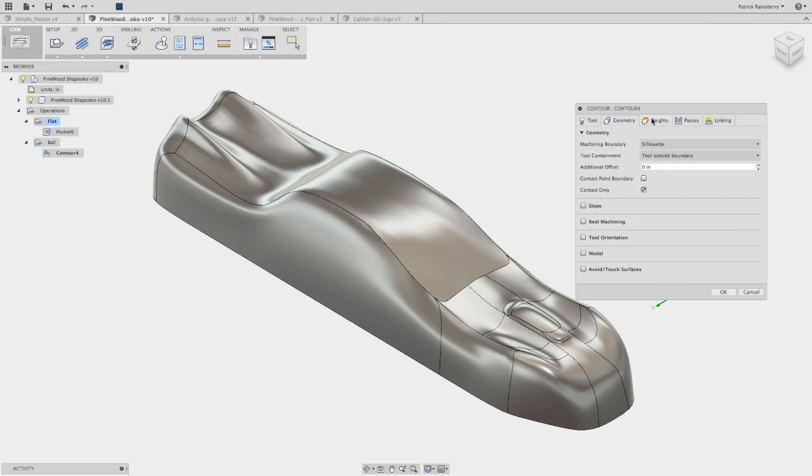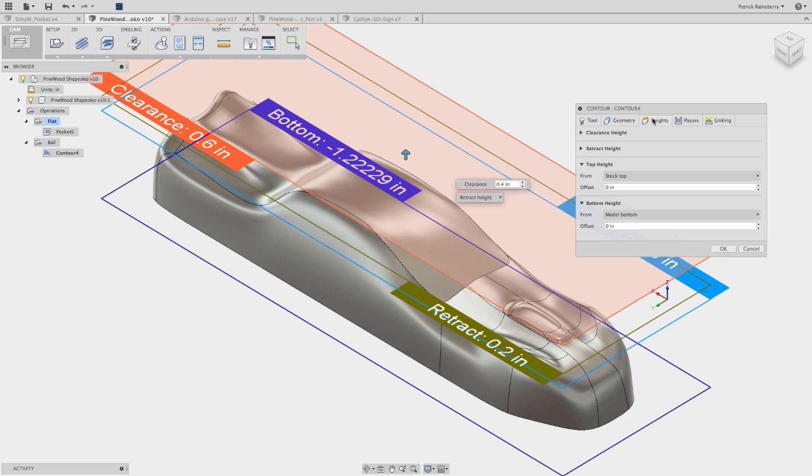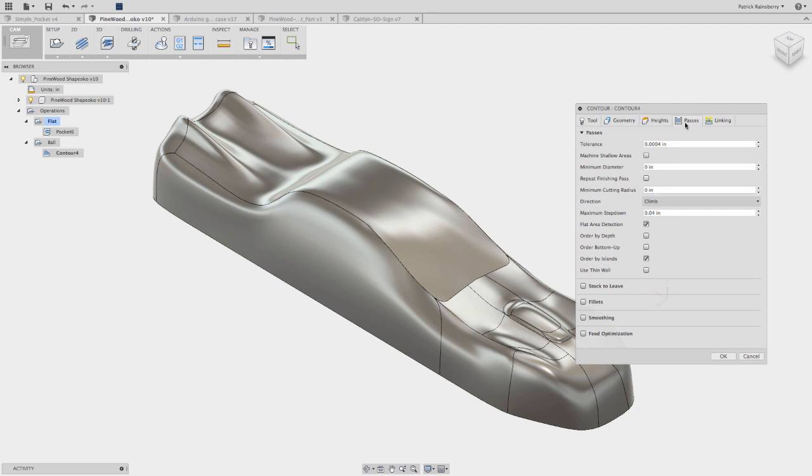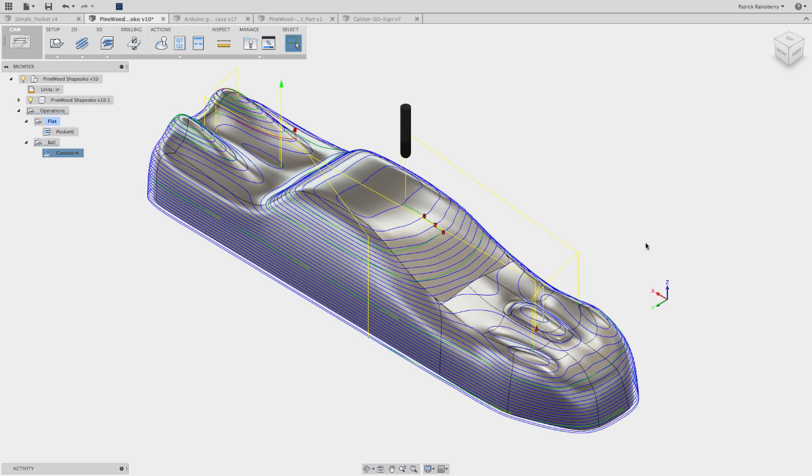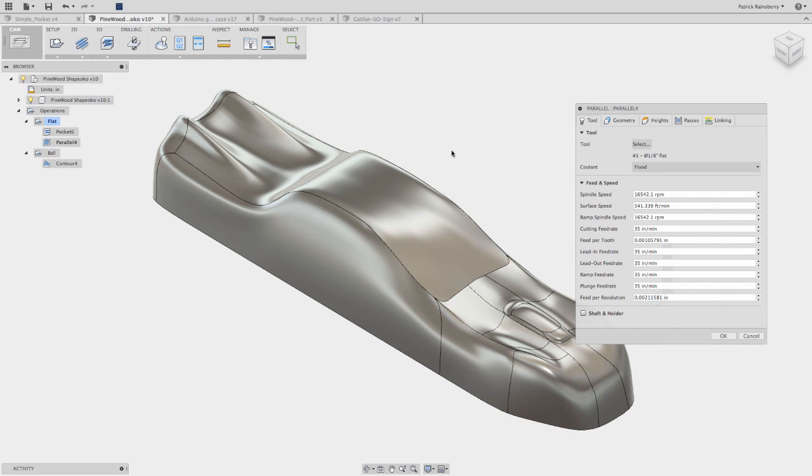And really, that's about all you have to do. The rest of this stuff is just defining some retract heights, passes. Again, I'm just going to go with pretty much all the defaults here and get a pretty nice result. You can go in there and really start messing around with things to get a sense of what some of the different functions do by just previewing the tool paths here. But this should give me a really nice overall spiral that's going to work its way down the model. And then I'm going to come in here and add another tool path called parallel to just finish it